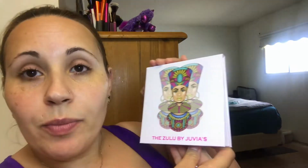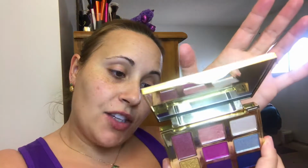And I was inspired by the last couple of days where I used this cute little palette, the Zulu by Juvia's. So these bright colors. I was also inspired by these tiny little pineapples. I'm wearing my little necklace. I think my sister got me this from H&M a long time ago, and I don't have the occasion to wear it all the time because I have a lot of different jewelry that I like to wear, but it goes perfectly with these little earrings and this ring that I got from Avon. So I kind of thought I could do a pineapple-ish inspired look,